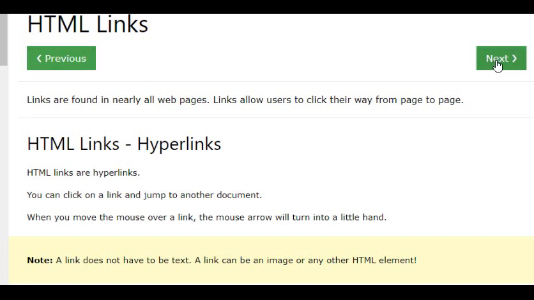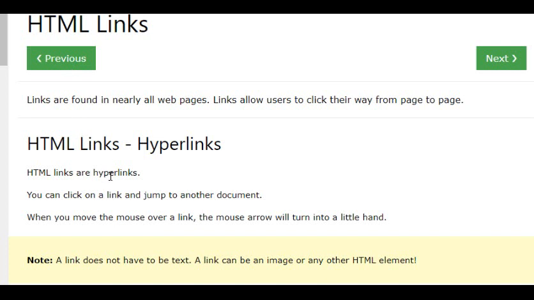When the cursor changes to the hand cursor, then it has a hyperlink.